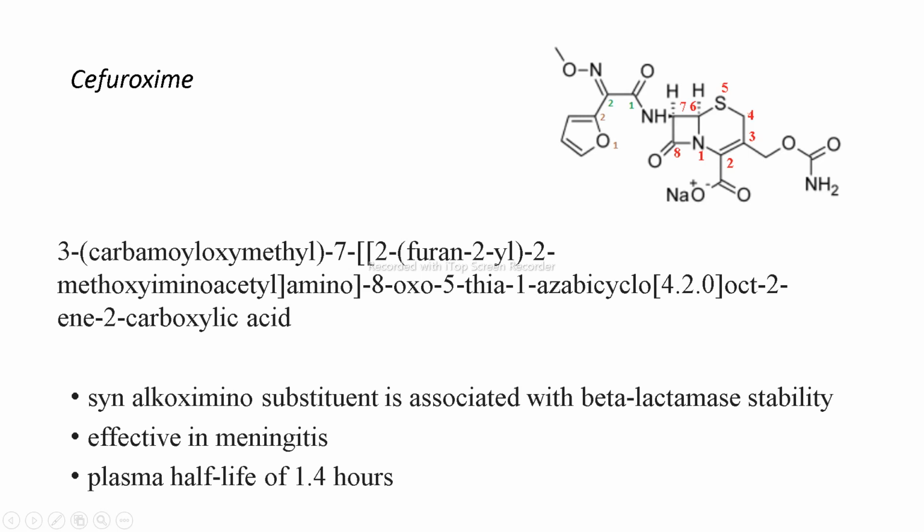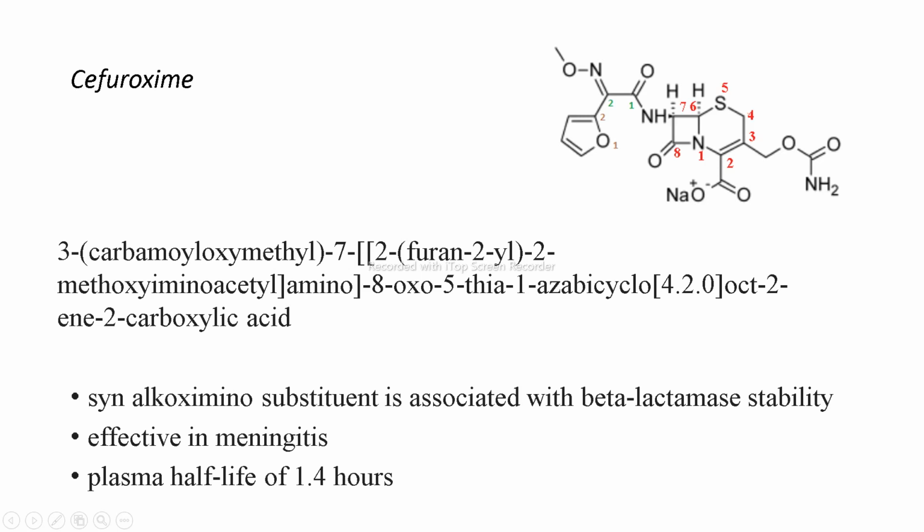After amino, which group do we have to cover? After amino, we have to nomenclate this whole part which is present at the third position. Then after A, which comes first? A, B, C, D, E, F. Yes. Then after this group, we have to nominate this furan. Then after this furan, we have to nominate this group. Then later on, everything is the same. Correct? Alphabetical order is followed. If we start from this amino, then we have to cover this whole group, which is present at the third position. Then later on, after A, furan is there, and later on, methoxy is there, right? A, B, C, D, E, F. Then later on, M comes.